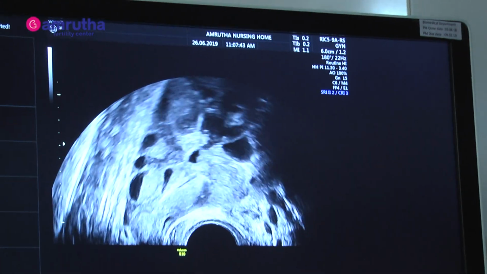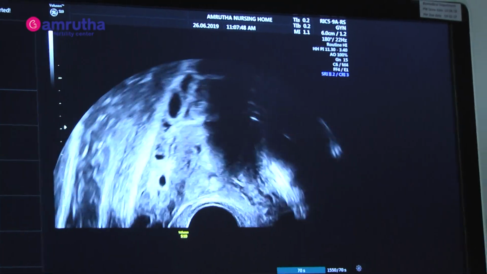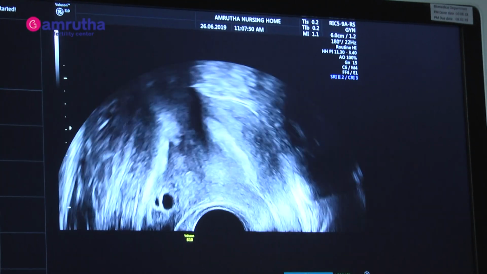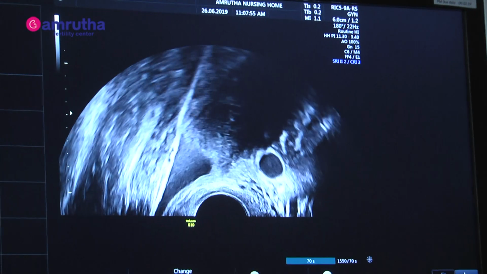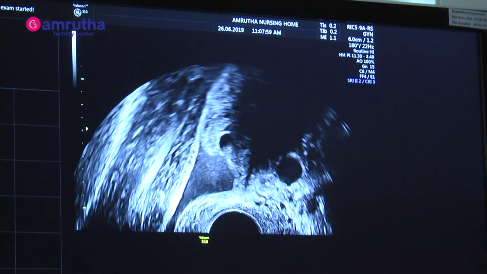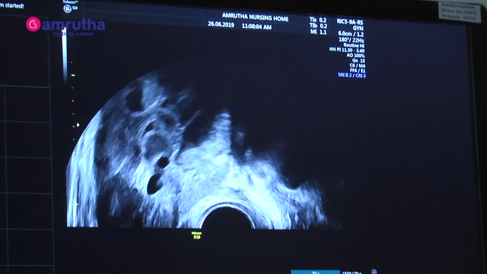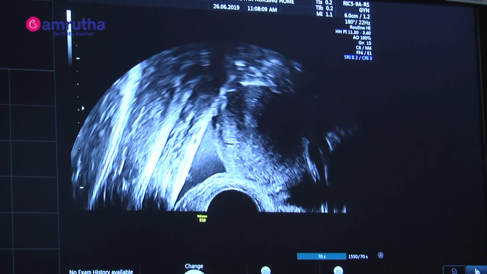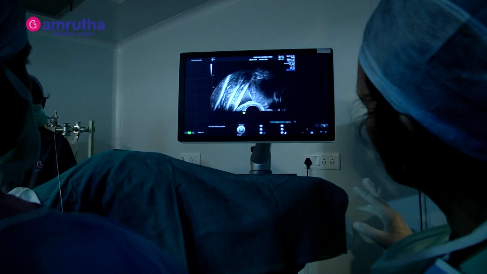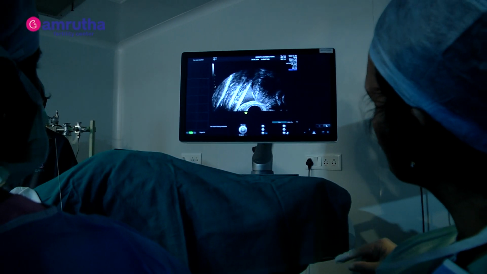Now we can see that almost all the follicles are drained. We can only see the ovarian tissue and very minute follicles. Both the ovaries are almost completely drained. There's a little amount of free fluid. It looks like minimal hemoperitoneum. We've been watching it since the aspiration; the level of the fluid remains the same, it's not increasing, and the patient is stable.